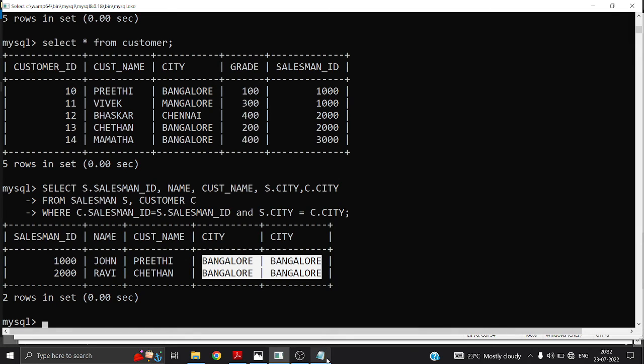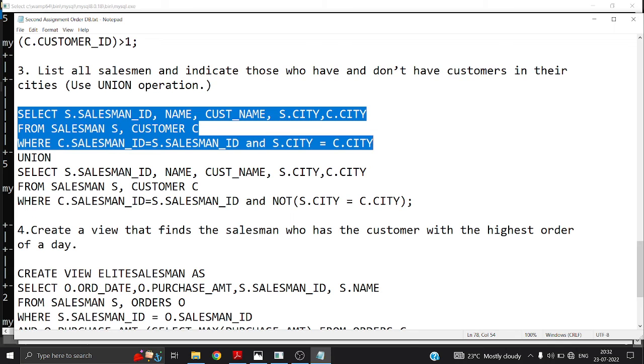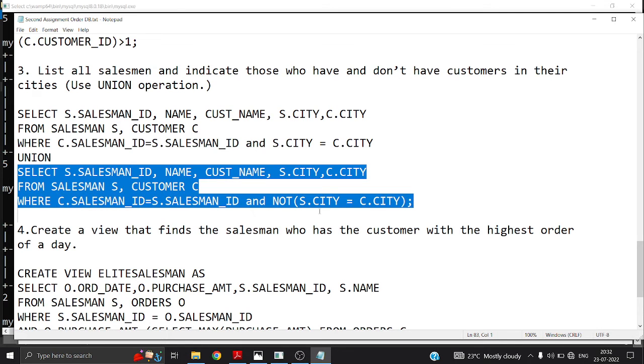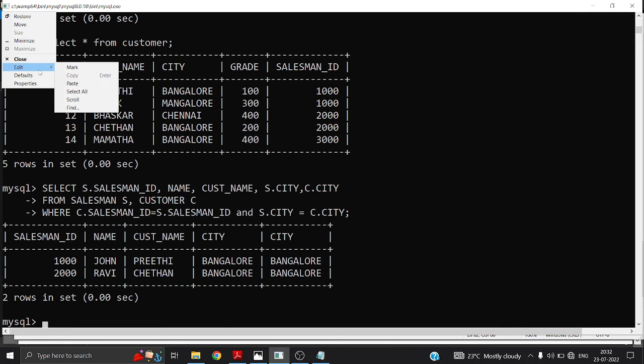And it's the opposite of this. Opposite of this means who do not have the customers and salesmen in the same city. It's opposite. That means customer and salesman both should be in different cities. Okay, again I'm making a slight change there. Again I'm going to make the query almost the same, but with a slight change. What I'm going to do is,